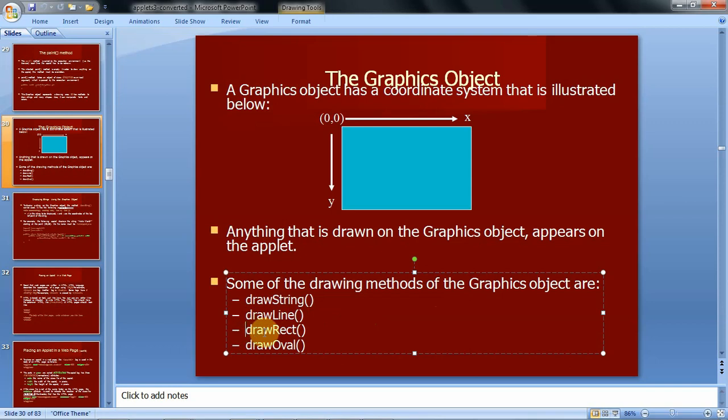Then drawRect draws a rectangle on the applet window from the specified starting position. Like that, drawOval is for drawing a circle or oval with the given values. These are some important methods we use for drawing things on the applet window.